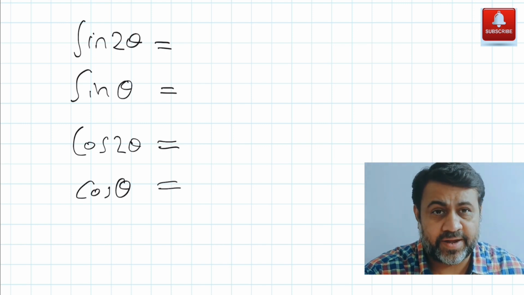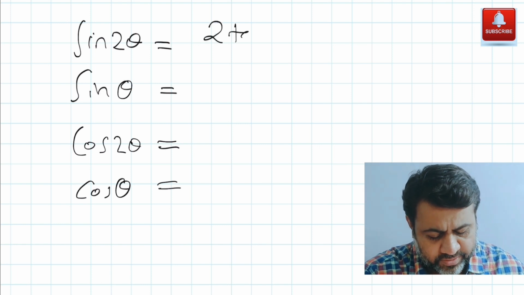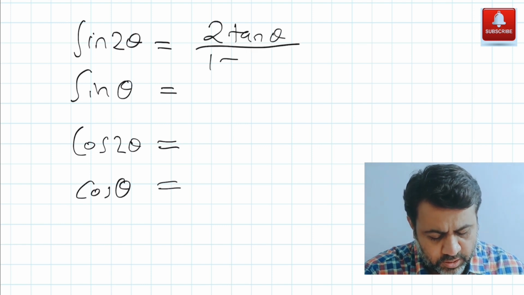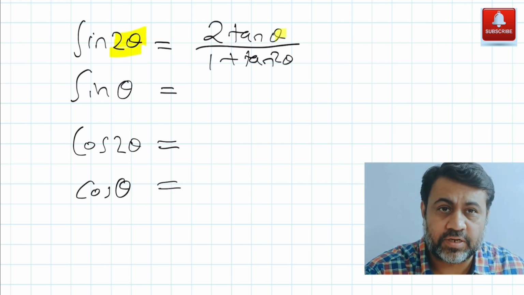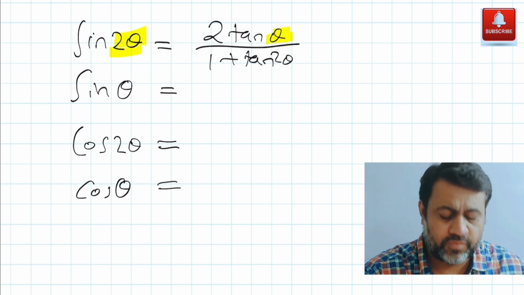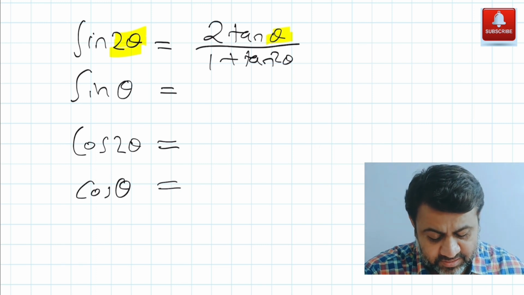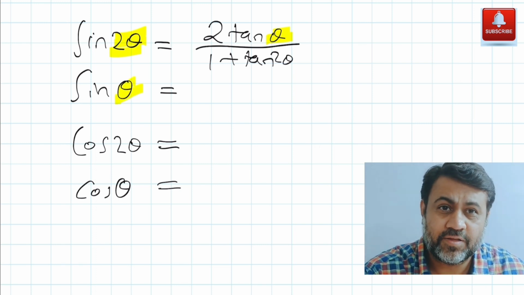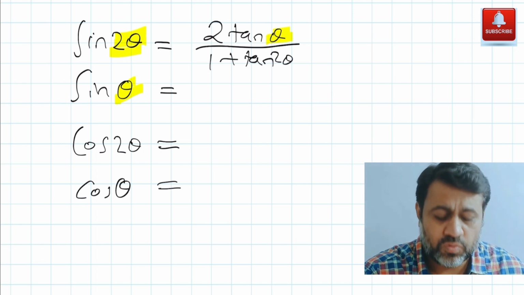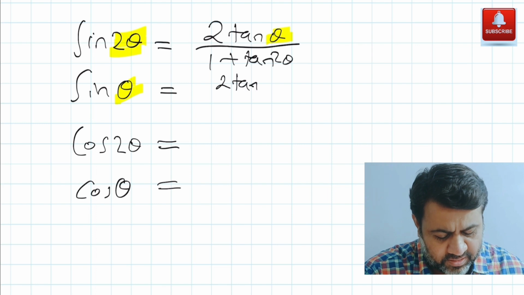So let me write down this thing. Sin 2 theta in terms of tan is 2 tan theta upon 1 plus tan square theta. I just want you to observe that left hand side angle is 2 theta, right hand side angle is theta. So this is half angle formula, or you can call it double angle formula, whatever you want to say. Next one is sin theta. Okay, now left hand side is having theta. So what will we have in the right hand side? Half of it, right? Theta by 2. So my formula will be now written as 2 times tan theta by 2 upon 1 plus tan square theta by 2.